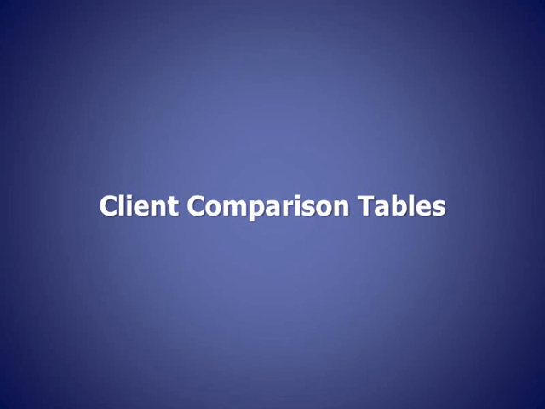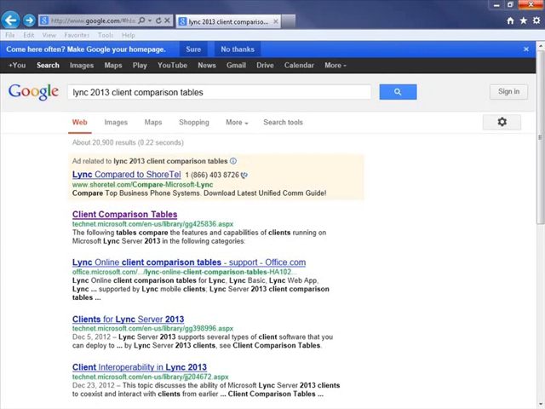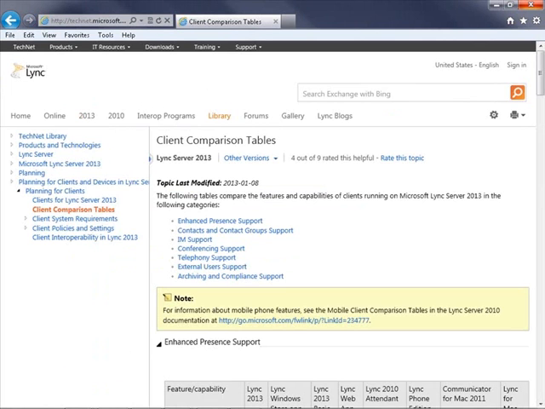Before we take a look at all the different clients, let's take a look at the client comparison tables out at TechNet. I've just switched over to a web browser, and inside of a search engine, I've typed in Lync 2013 client comparison tables. And as you can see down below, I've got a link for technet.microsoft.com, and we're going to click on that link. As you can see, this has linked me over to TechNet, and I've got my client comparison tables for Lync